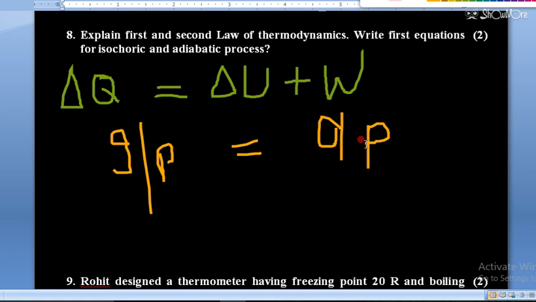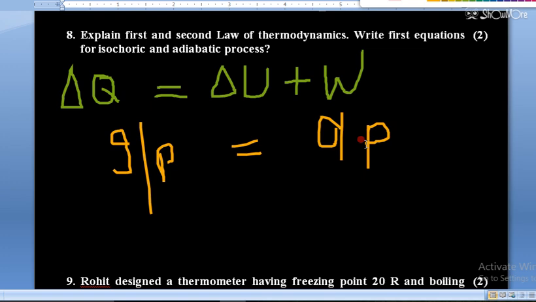इसके बिना और भी बहुत सी definitions हैं. You can write this definition also. There is no such machine which will convert the whole heat into work done. पूरी की पूरी हीट जितनी भी सप्लाई करें वो वर्क डन में कन्वर्ट हो जाए. This is also not possible. So there are a lot of definitions for the second law. But for the first law, delta Q is equal to delta U plus delta W, or you can write W. That is the first and second law.